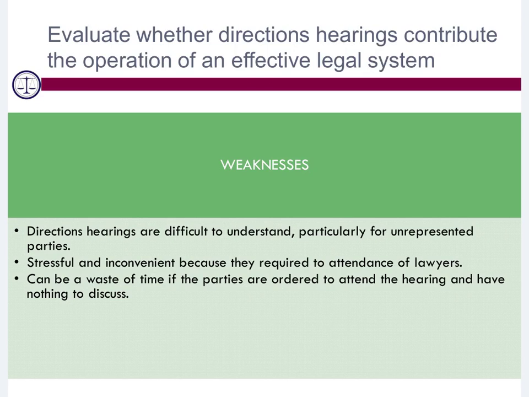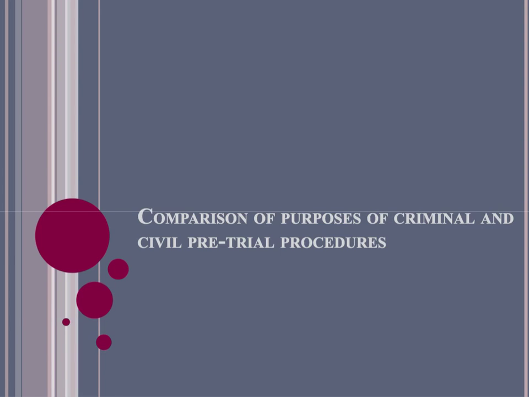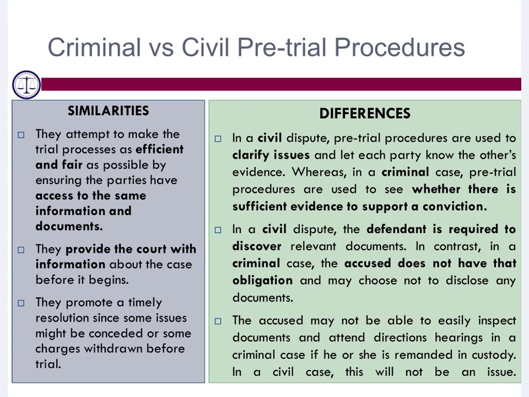The last step in thinking about the civil pretrial procedures is to compare them with the criminal pretrial procedures we looked at in our last topic. Remember that the criminal pretrial procedures that we looked at were bail, remand, and committal hearings. Meanwhile, the civil pretrial procedures we looked at were pleadings, then discovery, then directions hearings. The similarities are that